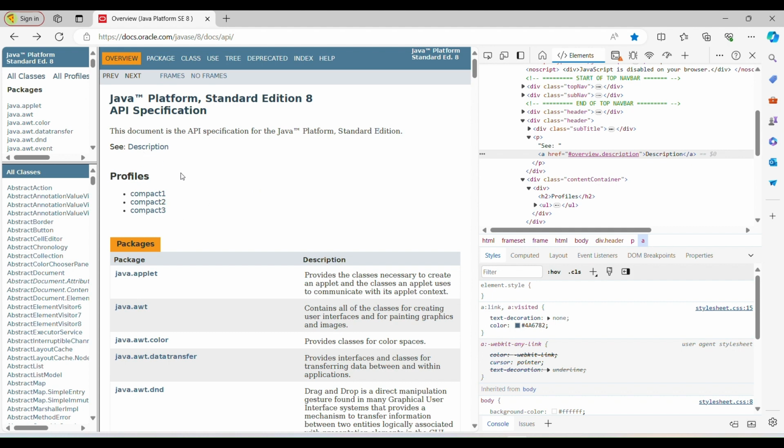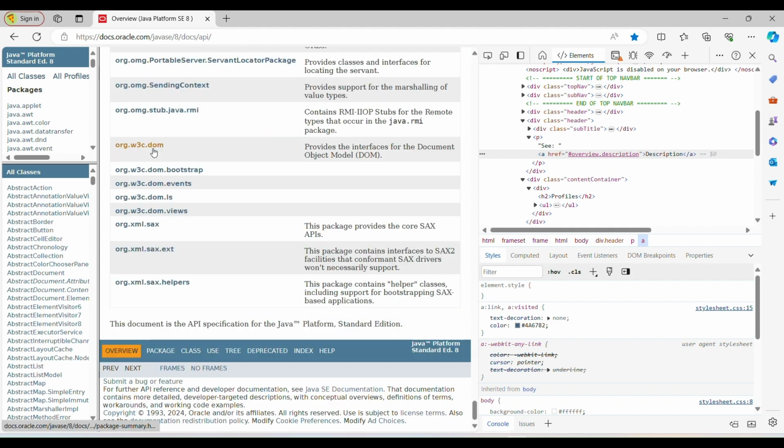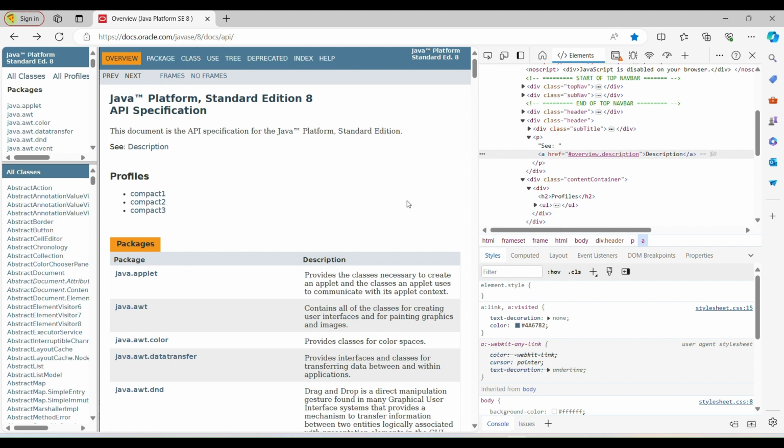When I click on this description link, my cursor goes down, you can see here, and you can see the overview and Java platform standard edition details. So these are under the description. So how are we going to handle this? And see guys, this value is coming under a frame.